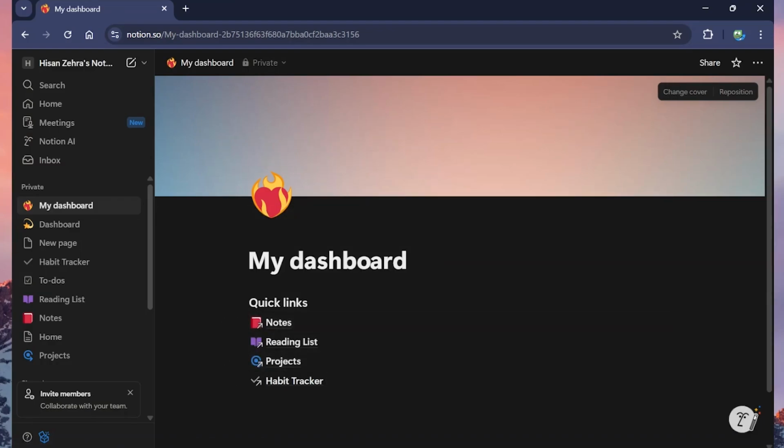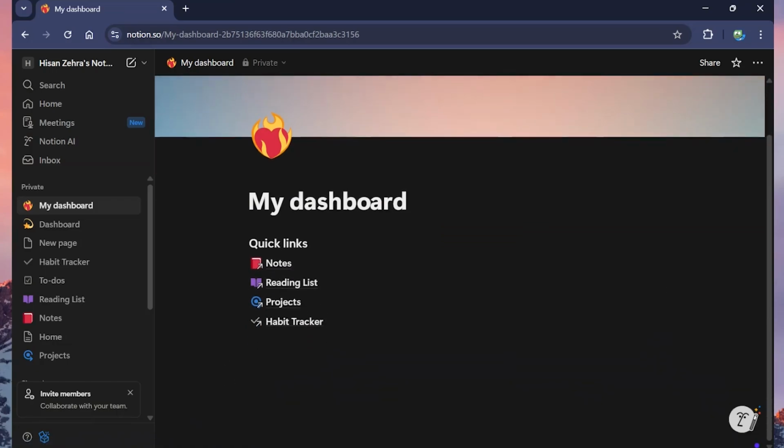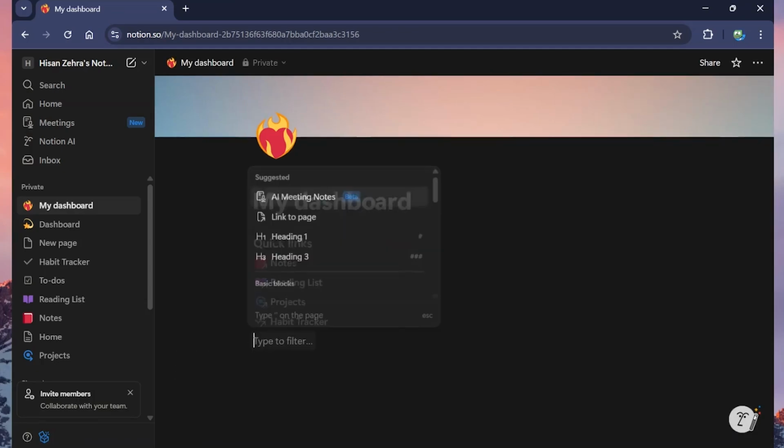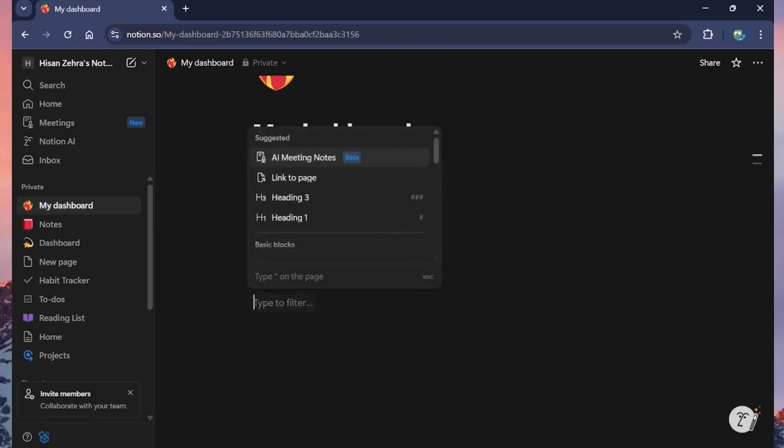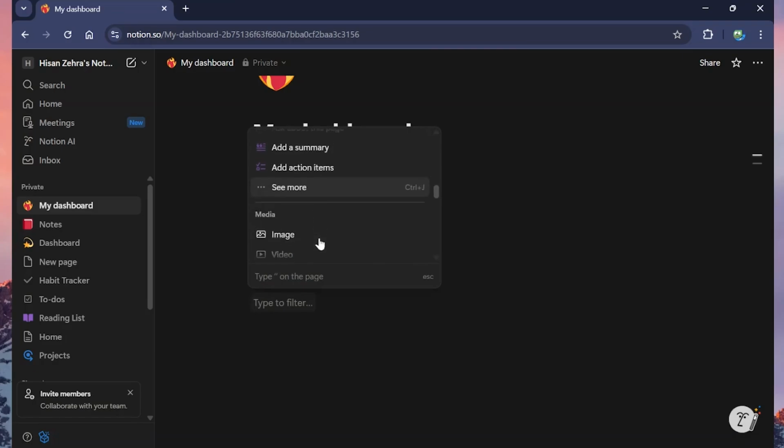Just like that, you can add all the pages that you are using, and we can start making the next element, which is our to-do list. So I'll again add in a heading. Now I'll click on the add button next to my heading and select the board view from the box above,